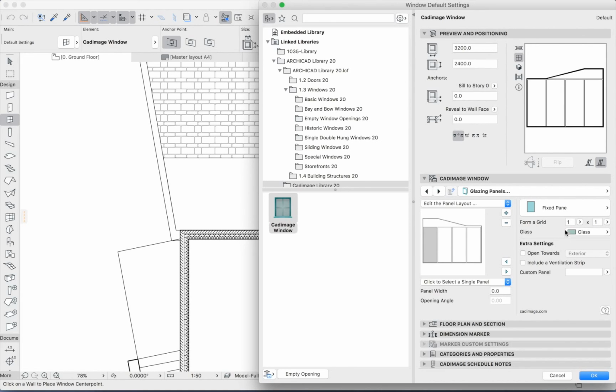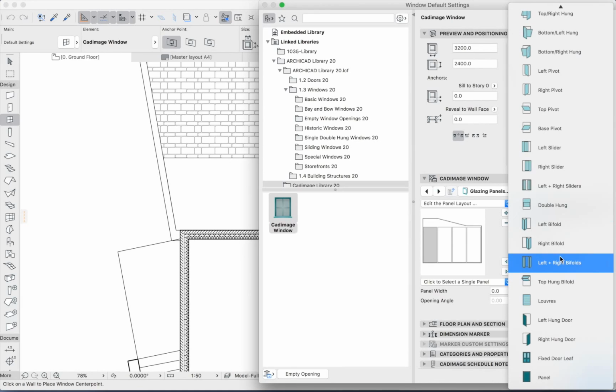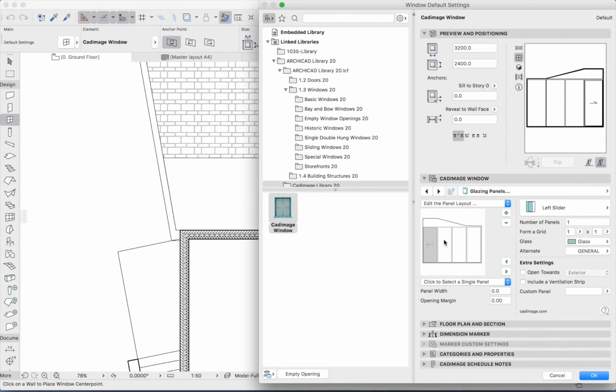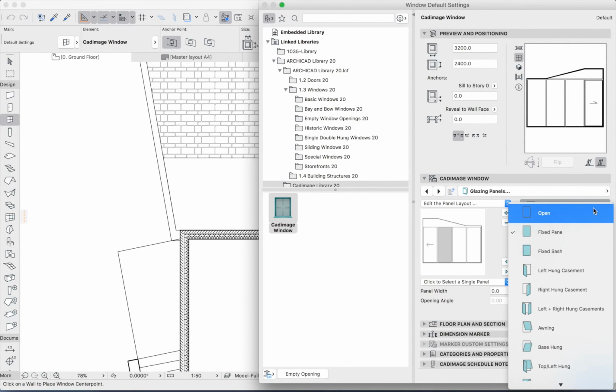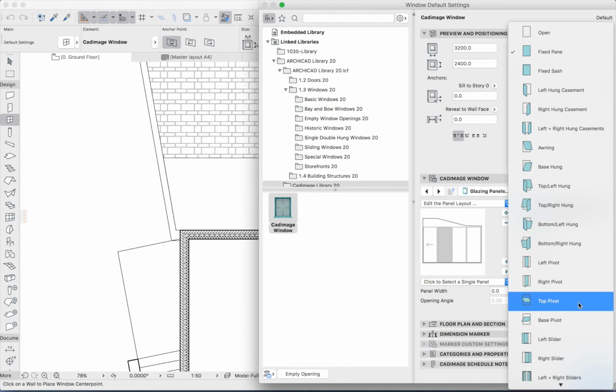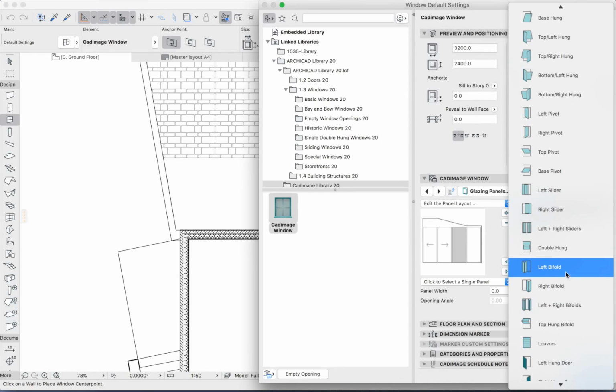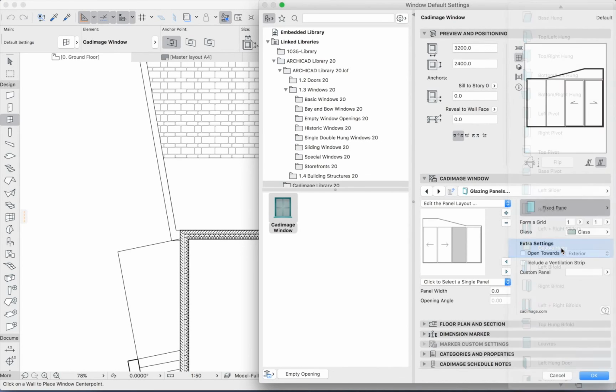Let's say the first one will be a left slider, and we'll make the next one a right slider, we'll go for a double hung window here,